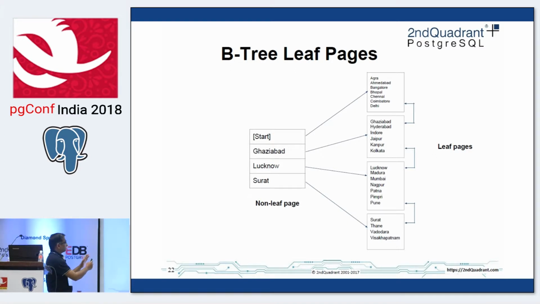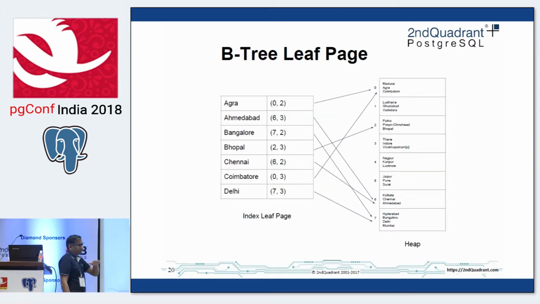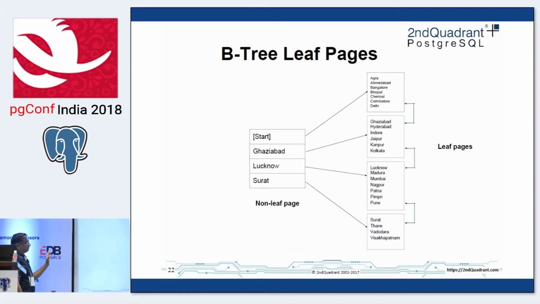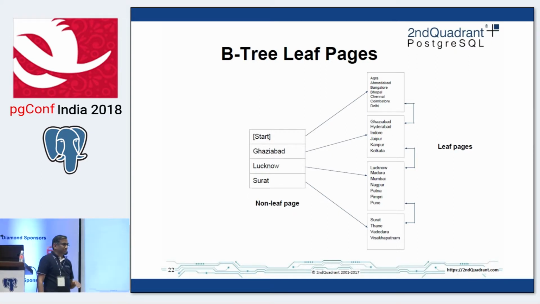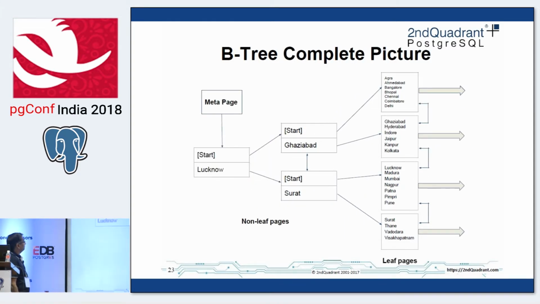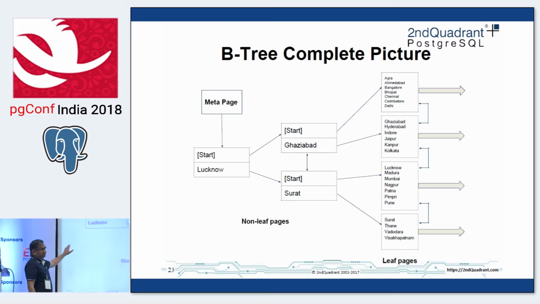Now we are going one level up. In the previous slide, we just talked about the lowest level of the tree, where there is an index leaf page pointing to the heap pages. But because your index itself could be pretty large, we build another level of index on top of the leaf pages. Now the non-leaf page will tell you how to reach the index leaf page, but from here you cannot go directly to the heap. And this is a more complete picture, where you have another level of